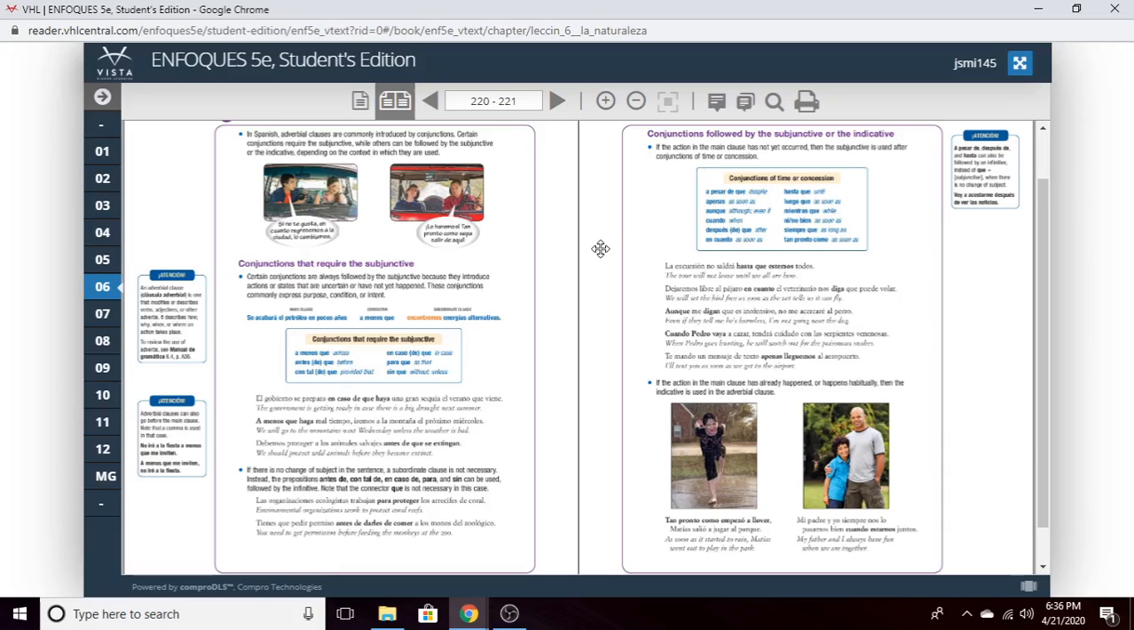Box number 2, the question you ask is, what comes before it? If what comes before it is a habit, something that you do routinely, then what comes after it will be indicative. So let's use cuando as an example. I'm going to put a